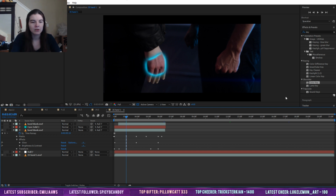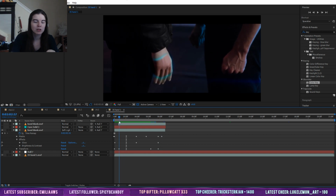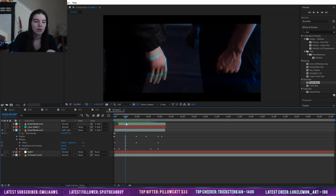Use brightness and contrast to make it as bright, and I kind of used Chris's hand here as a guide to how to match the brightness, but it still doesn't look natural. So I put it on a different opacity, and that really made it blend in a lot more naturally with this piece of footage. And then from there, that's pretty much it, except for the fact that we're also ignoring